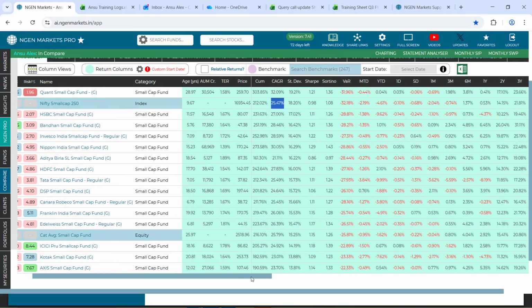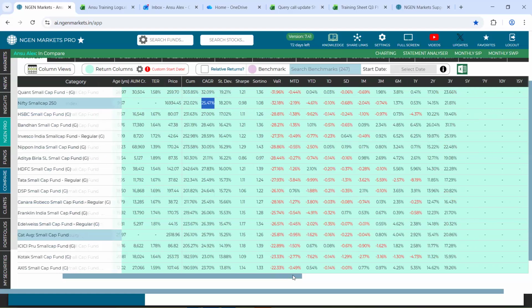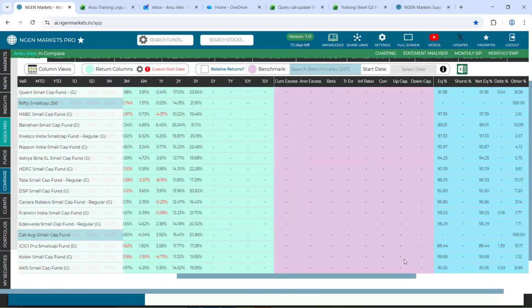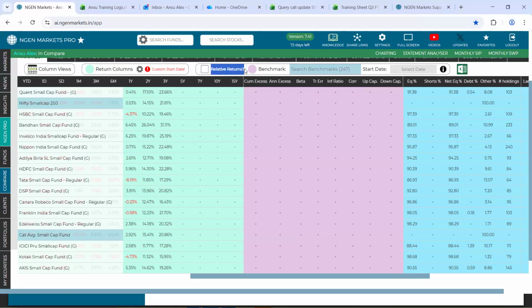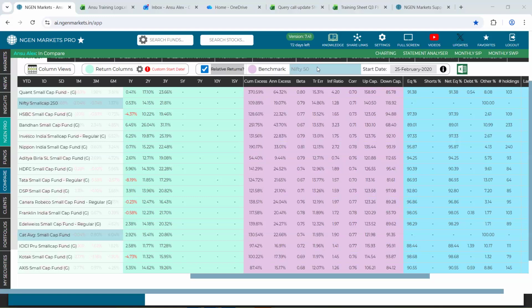Following this, if we move further towards the right using this smaller scroller, you will come to these pink color coded columns, which are currently blank. In order to activate them, you will be required to select this checkbox called relative returns. Once you do that, the data comes up. However, the benchmark selected by default will be Nifty 50.